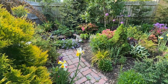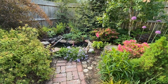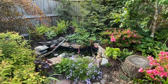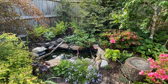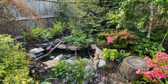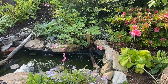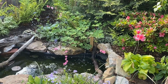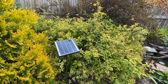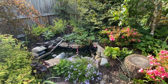Here the path leads to our very small wildlife pond. I really wish this was larger because having a wildlife pond in your yard is such a great way of bringing in the animals. This is actually just a plastic liner that I picked up for free on the internet, and I'm using a solar generated pump. The sound of the running water brings in the birds, it brings in small amphibians, and also it keeps the